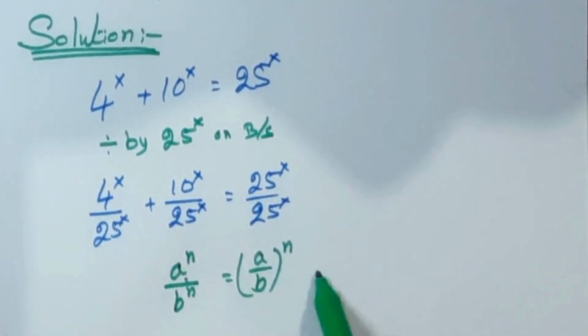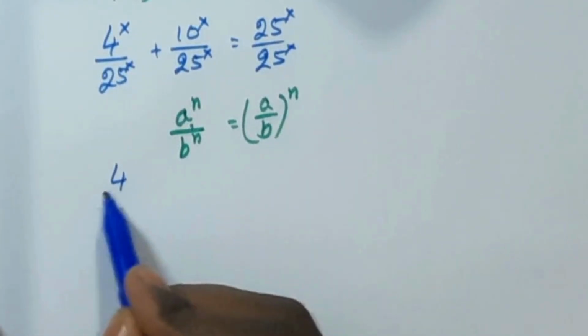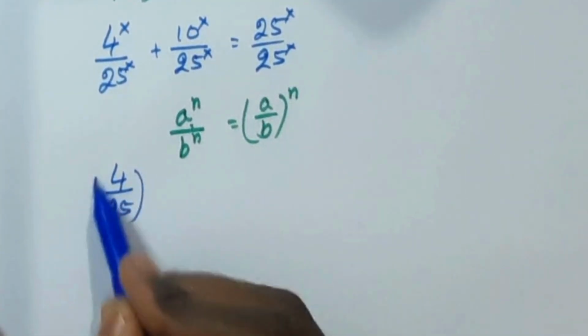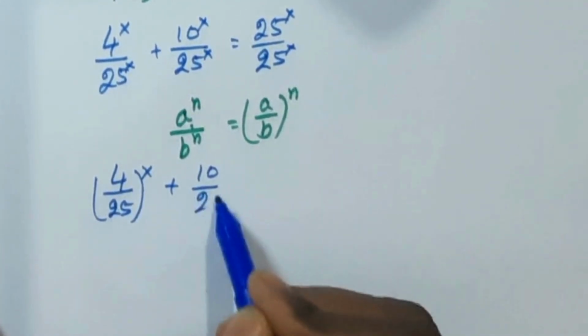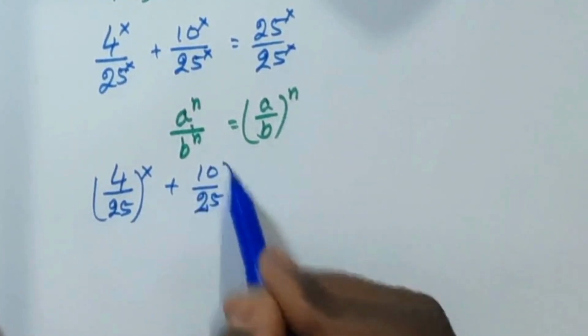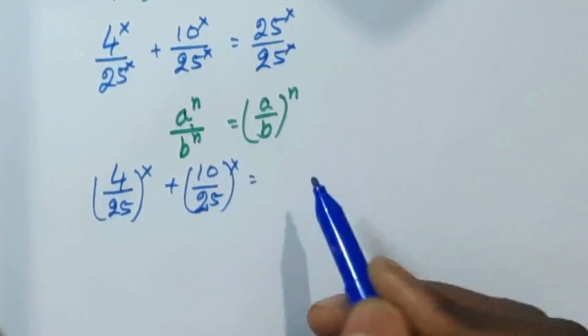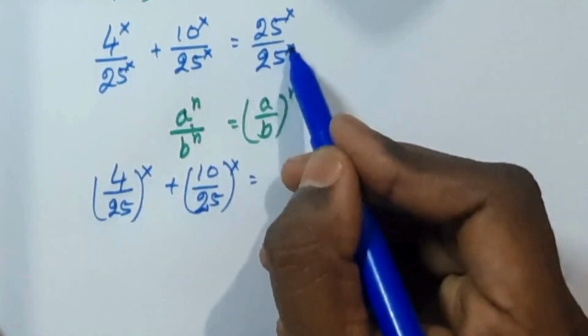We are going to apply this formula here. So 4 by 25 whole power x plus 10 by 25 whole power x equal to